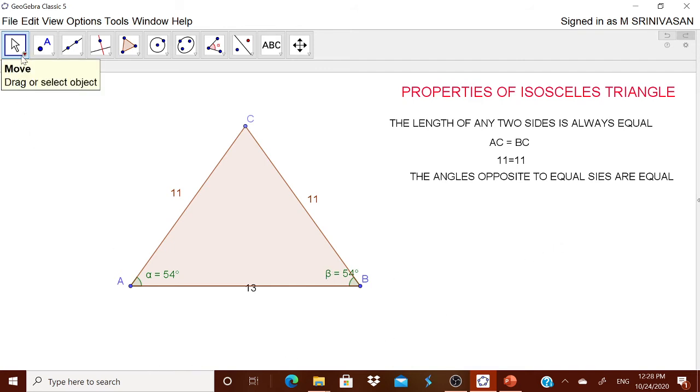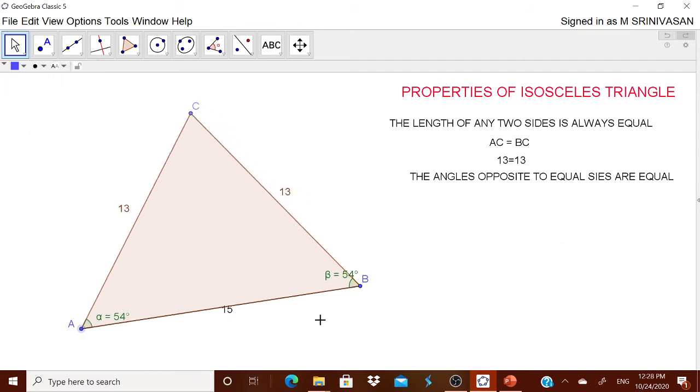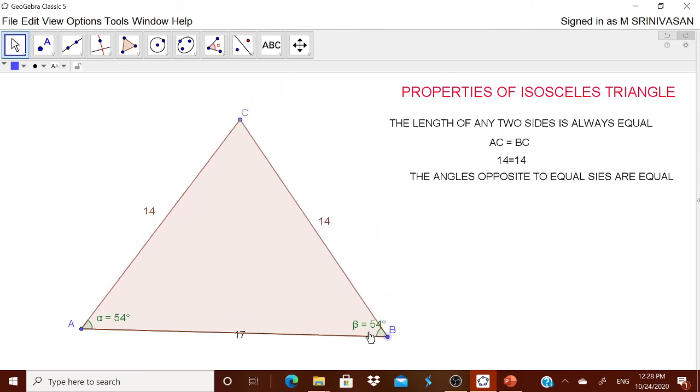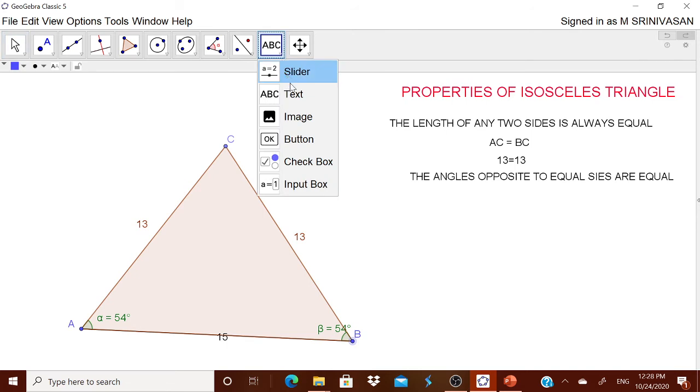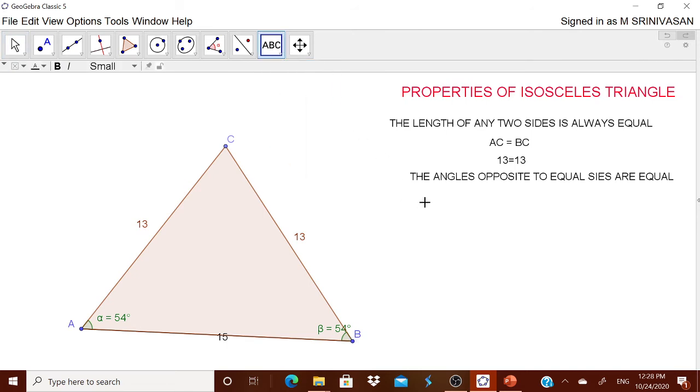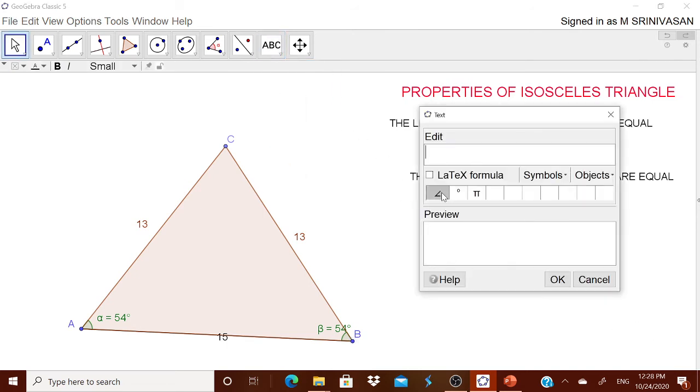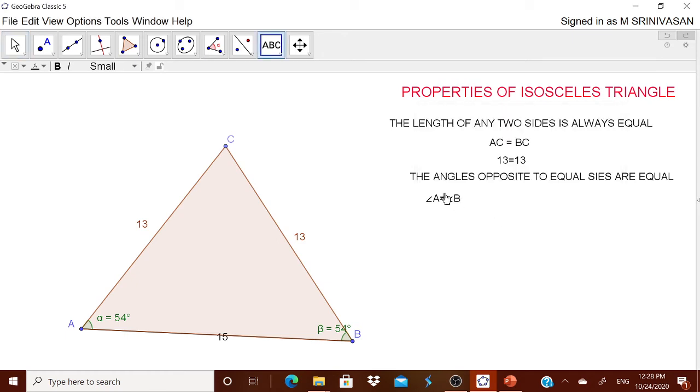Therefore now you see when I am moving it, always it is 54 and 54. How to show it to the children? Go to this ABC text. Then you tell them that angle A is equal to angle B. This won't move when you change it, because it is a normal text.